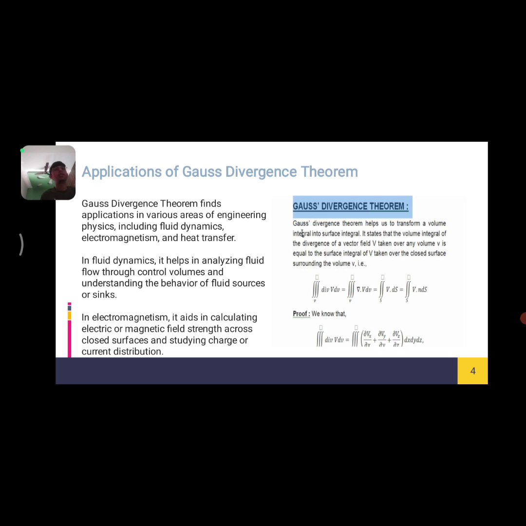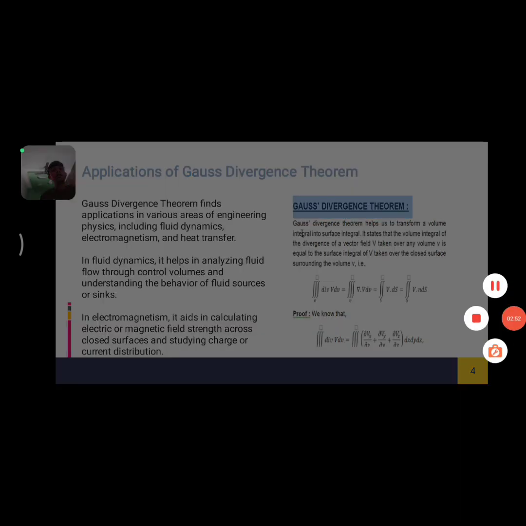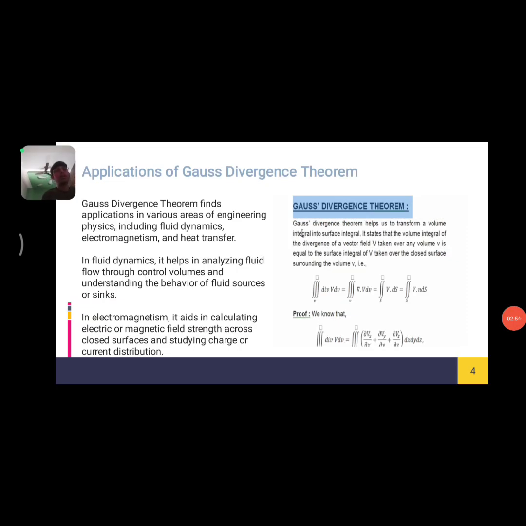Applications of the Gauss divergence theorem. The Gauss divergence theorem finds application in various areas of engineering physics, including fluid dynamics, electromagnetism, and heat transfer. In fluid dynamics, it helps in the analysis of fluid flow through control volumes and understanding the behavior of fluid sources or sinks. In electromagnetism, it helps in calculating the electric and magnetic field strength across closed surfaces and studying charge or current